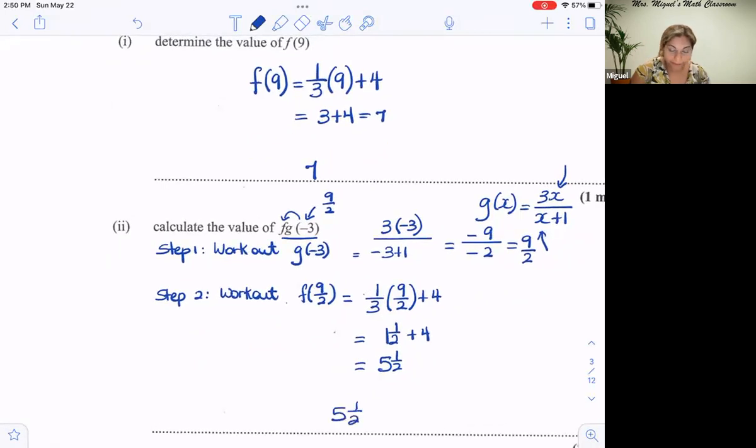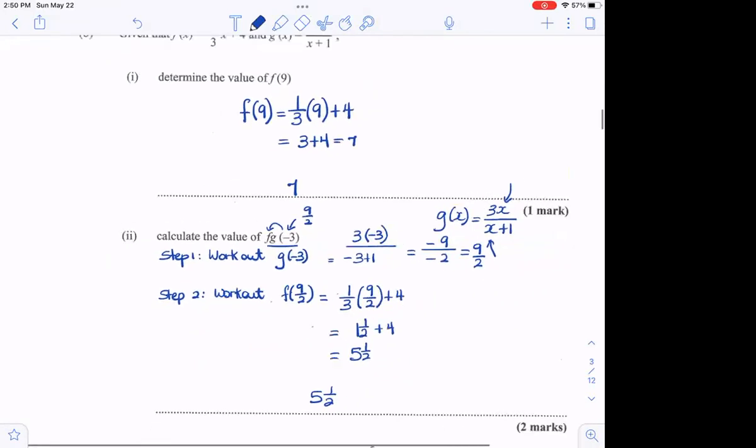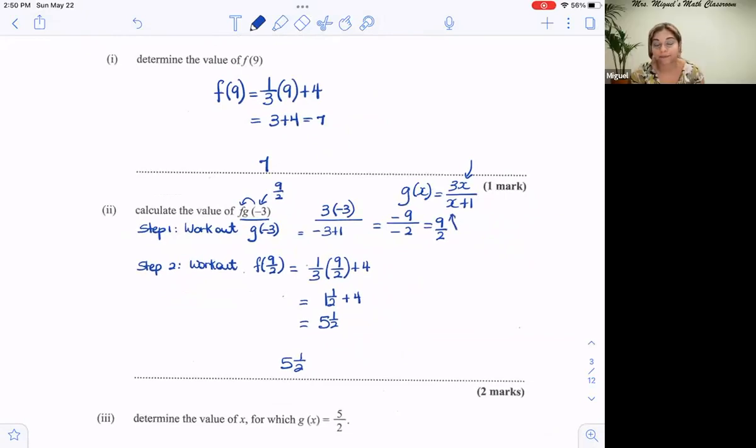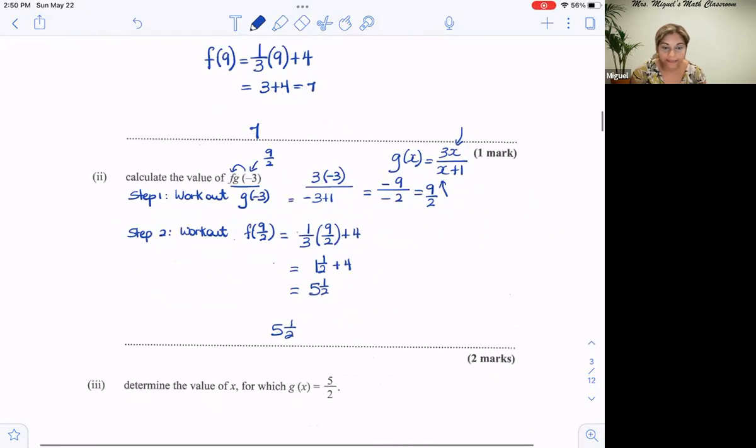Did you all get it? Yeah, miss. So that is 2 and 1, 3 marks there, right? So if you didn't get it, that's fine. Take it out. The next part, here's what they're asking, and we need to be mindful and we need